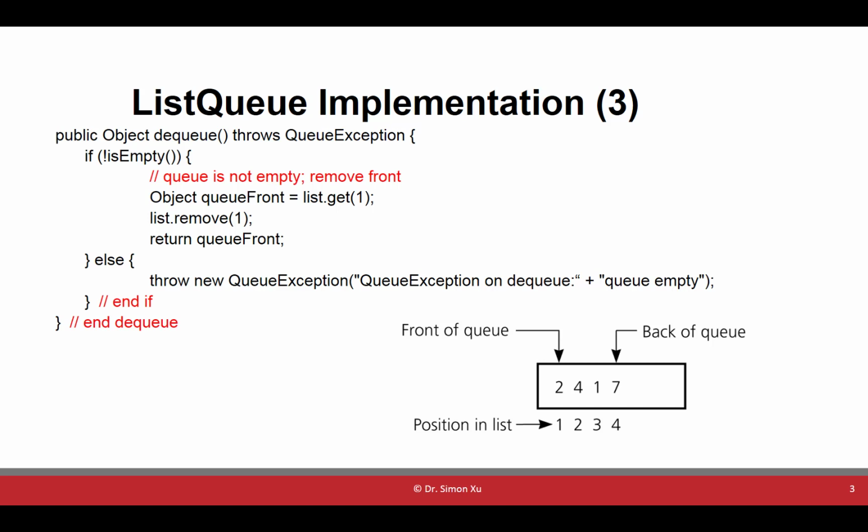If it is empty, we have to throw exception that indicates we cannot dequeue anymore. Otherwise, we just define a queueFriend variable to point to the first item in the list, and then call remove method of the list class by removing the first item in the list, and then return the item in the